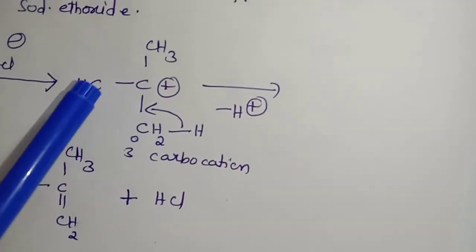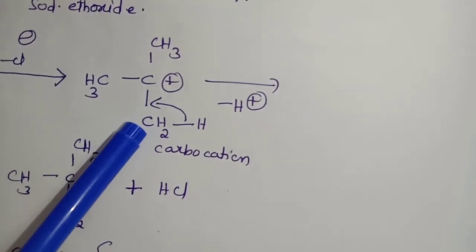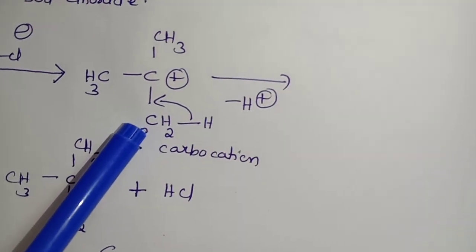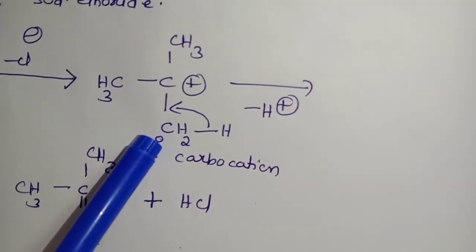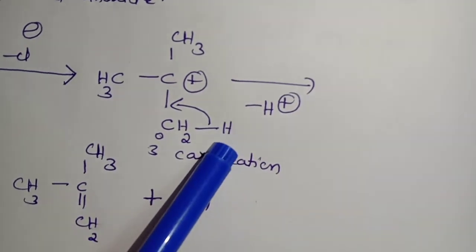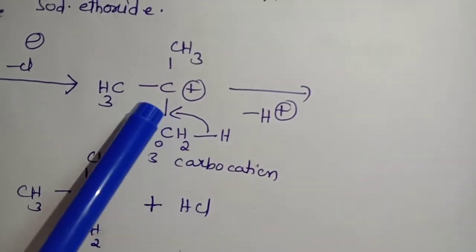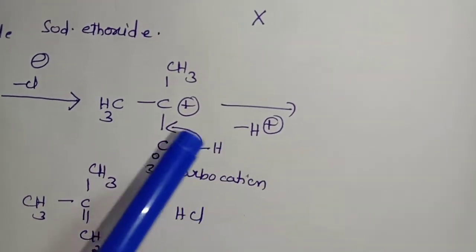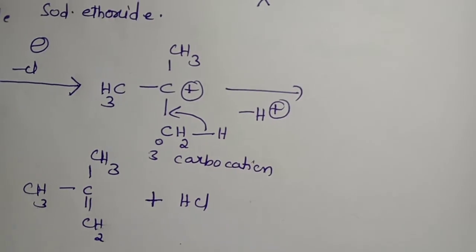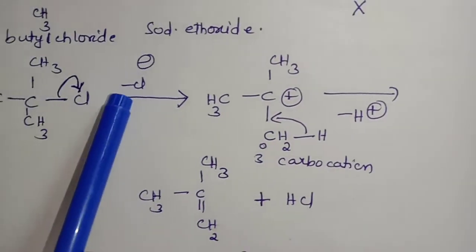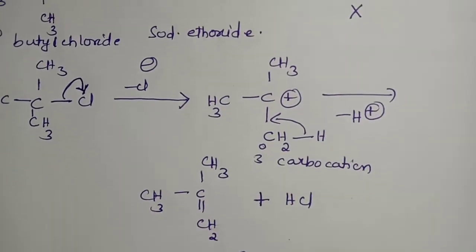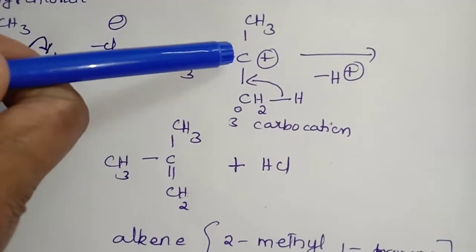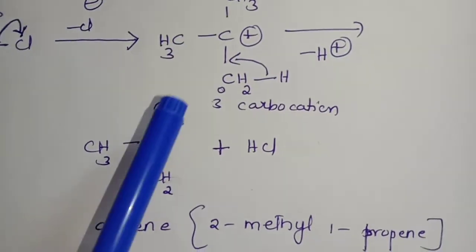Look here, this carbon has a positive charge, and the adjacent carbons are called alpha carbons, and the hydrogens present on the carbon are called alpha hydrogens. Okay, so I have written one hydrogen separately. So this bond will be shifted this side and H comes out as H plus. By which a double bond forms here, and this H plus and Cl minus both come out as HCl. Finally we are getting, look here students, CH3, C, CH3, double bond, CH2.